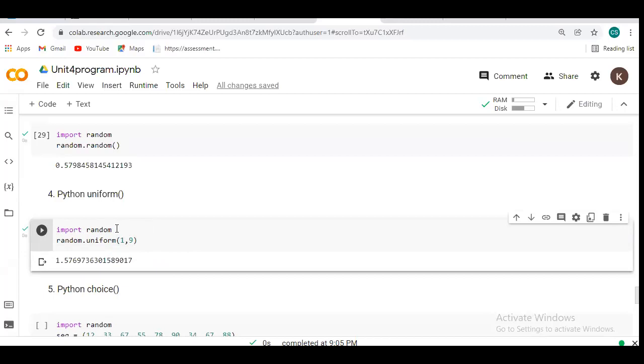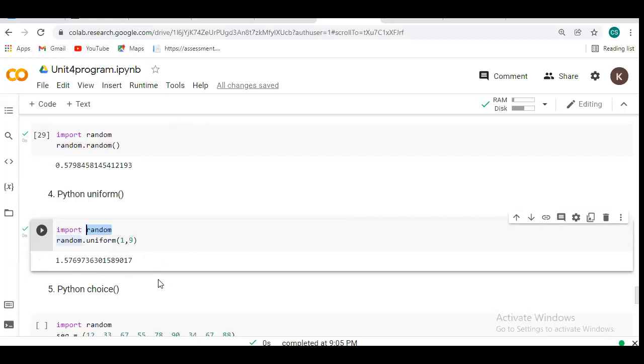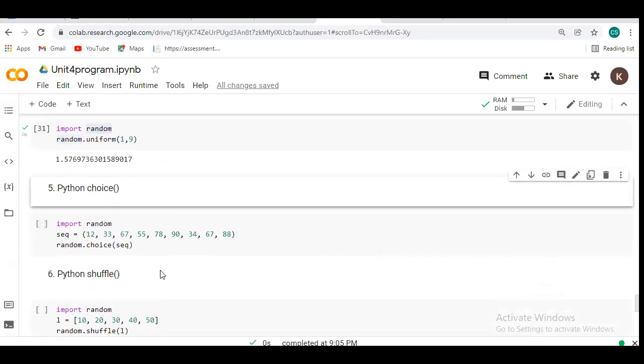Consider the name random: any output is not fixed, it can generate any number. If you try to execute all these programs, you will see the difference: your output will be different, your friend's output will be different, and mine will be different. Okay, so next will be choice.